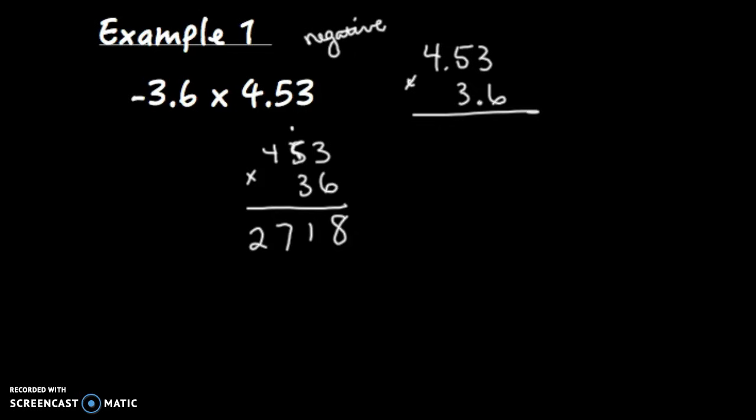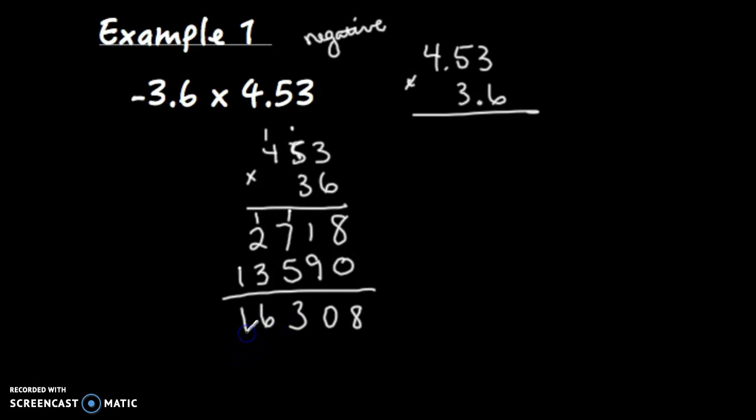And then I'm going to move on to my second digit, which is that 3, or really multiplying by 30. So since it's 30 and not 3, I'm going to put in a placeholder 0. And then 3 times 3 is 9. 3 times 5 is 15. Carry your 1. 3 times 4 is 12. Add the 1, 13. Okay, and then I'm going to add these digits straight down. So 8, and then 9 plus 1, 10. 7 plus 5 is 12. Add the 1, 13. 1 plus 2 plus 3 is 6, and bring down the 1. Okay, so I've got this number,